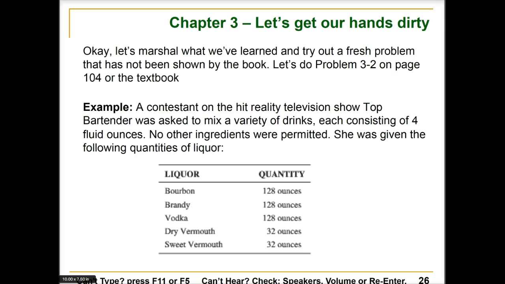All right, so for our last example, what we're going to do is look at a situation where we have to consider the units changing. In this example, we have a contestant on a hit reality show called Top Bartender, and they're asked to mix a variety of drinks, each consisting of 4 fluid ounces. So we know that all the drinks have to be 4 fluid ounces, and that's actually going to play a role in